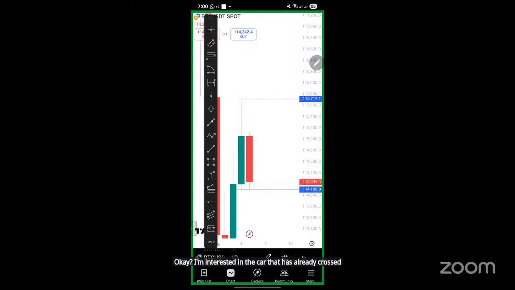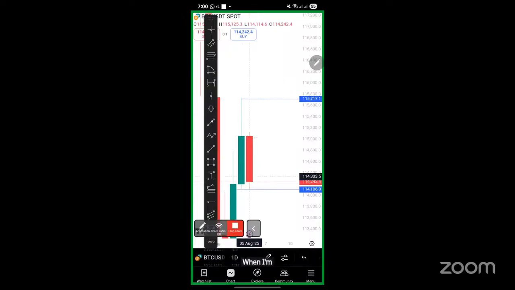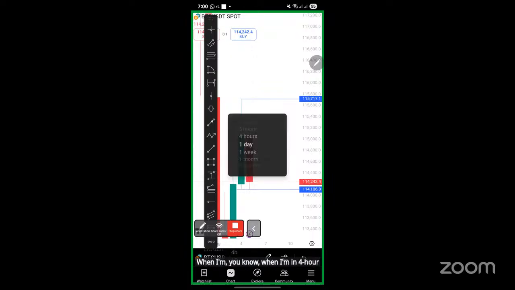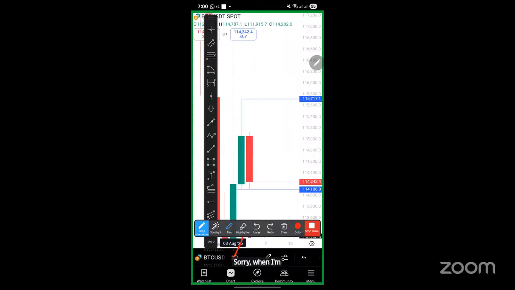And where is my interest? I just need to mark the high and the low of this candle. When I'm in 1 day time frame, this candlestick labeled here is of 1 day. Now, 1 day,